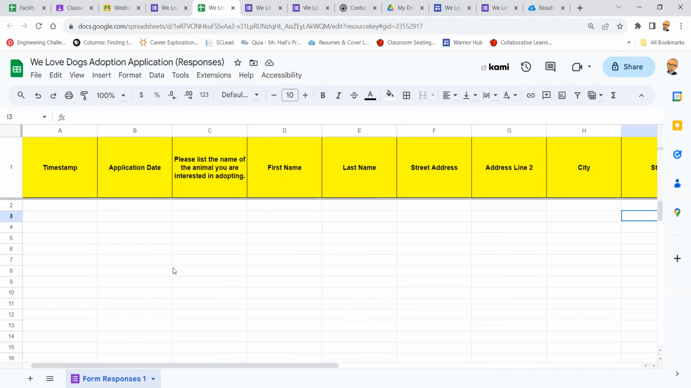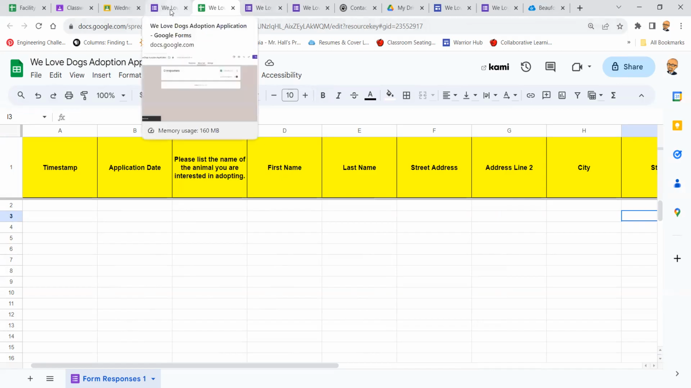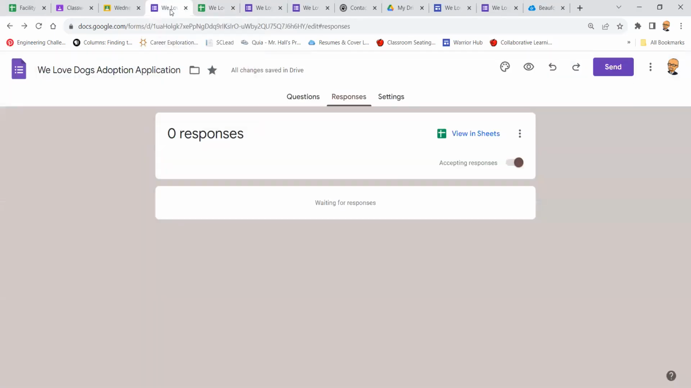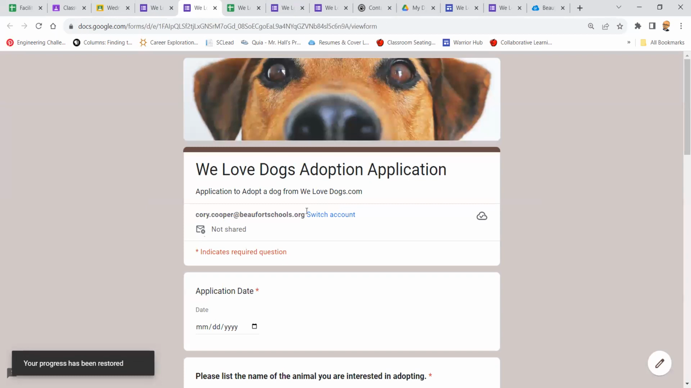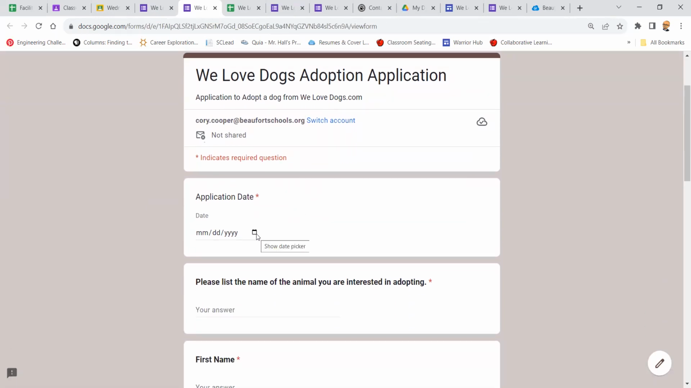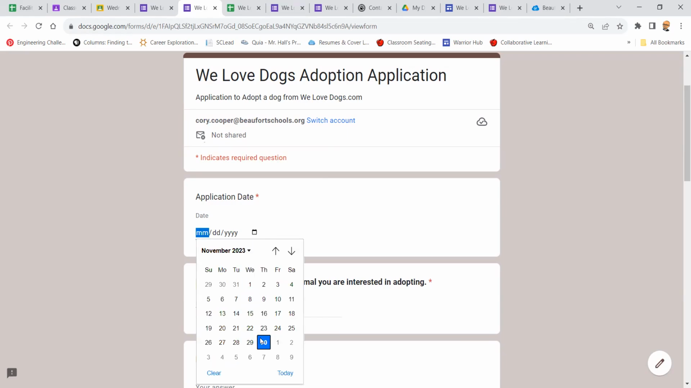So you can sort your data. You're really going to see some cool stuff. So the next thing we're going to do is come in and test out our responses. We're going to click the preview button, and you need to go through and do the responses. So you're going to pick the day,